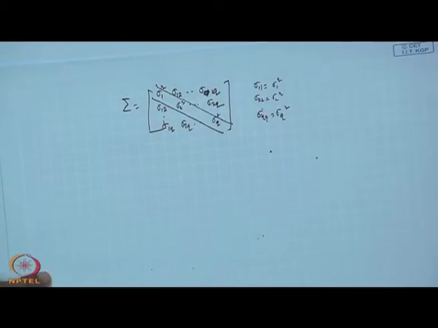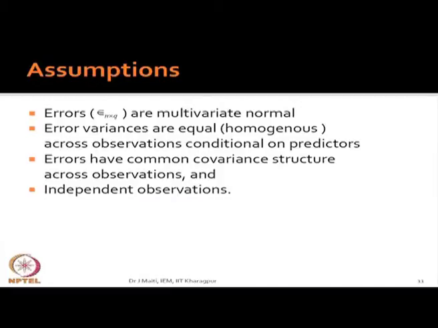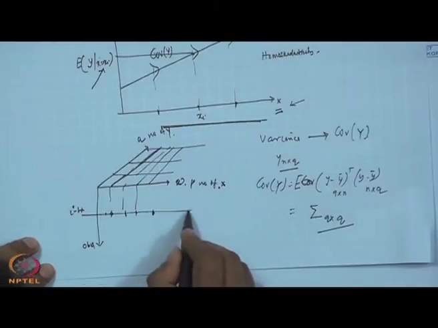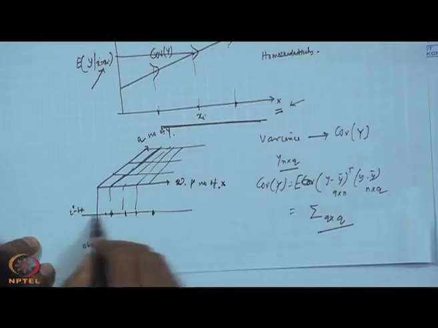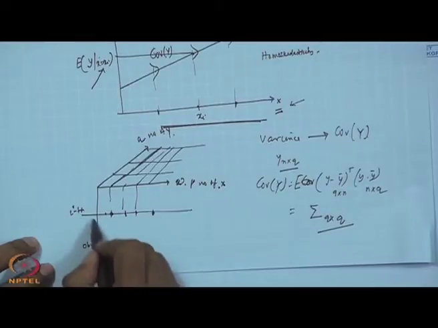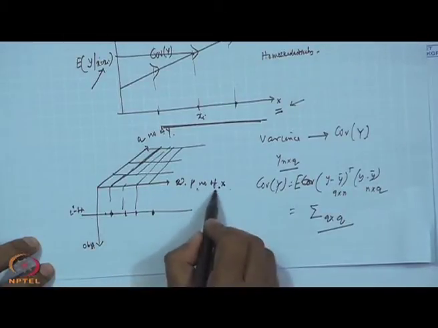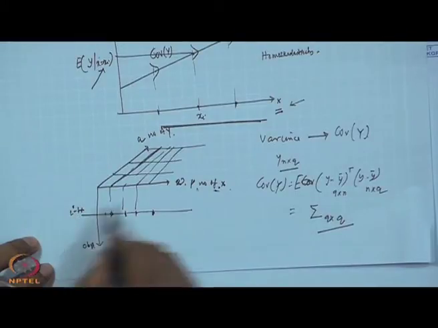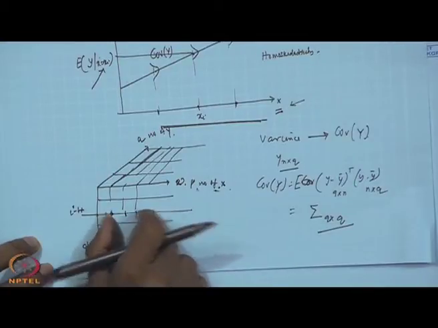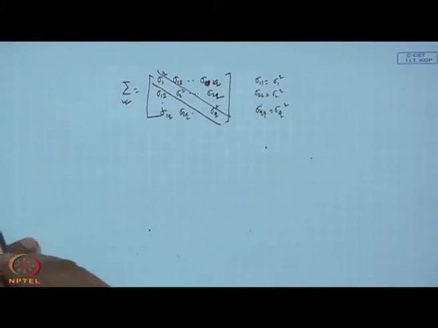Okay. So, in the third assumption we are saying errors have a common covariance structure. Basically, common covariance structure means, for this observation, this observation, this observation related to x, this is the ith observation, and these are all x variables. For every observation, so the ith observation, similarly some other observation, for every observation you will be finding the same capital sigma.